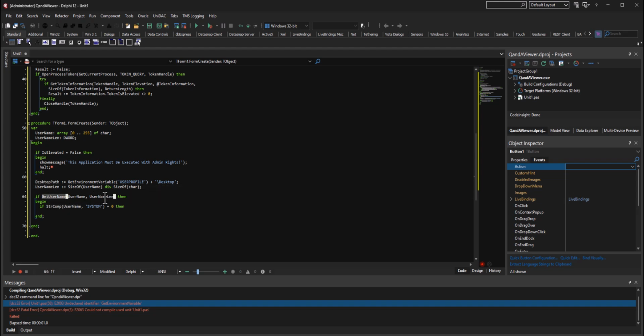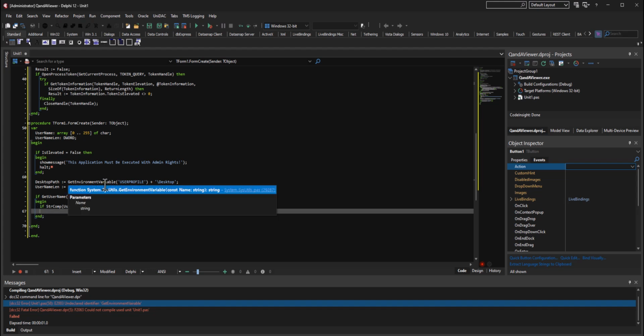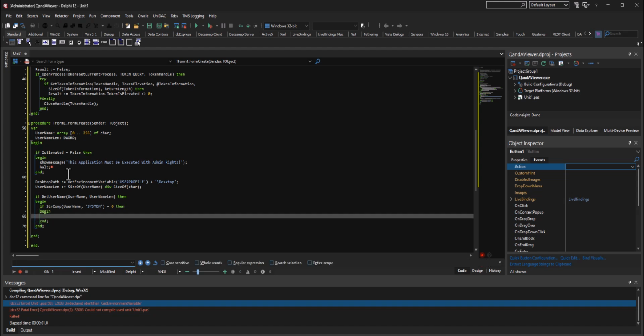Okay, so what we've got is our desktop path and our username. We're going to string compare our username that we grabbed out of Windows, and we're going to see if we're running as SYSTEM. If we're not running as SYSTEM, right? So if we string compare that and we're not running as SYSTEM, then we're going to have to take action to do something. Okay, so let's go ahead and do begin, Control D, and right here we are going to say,